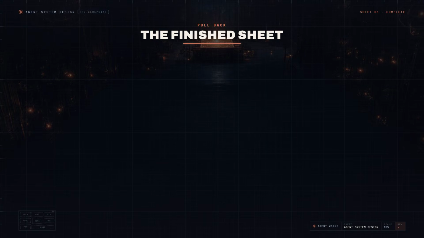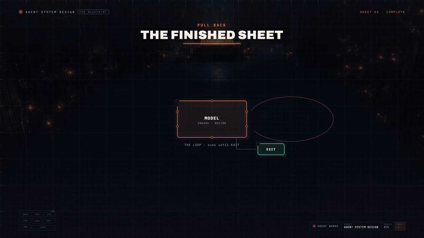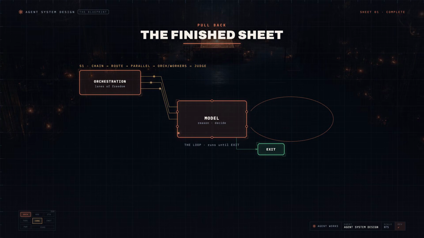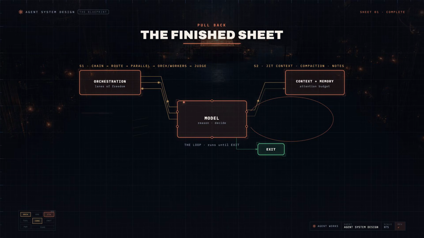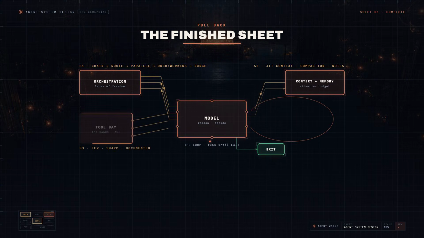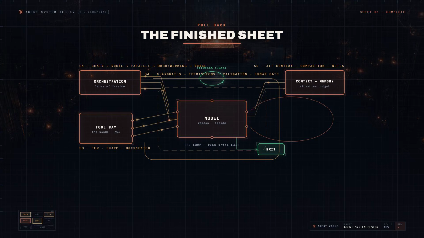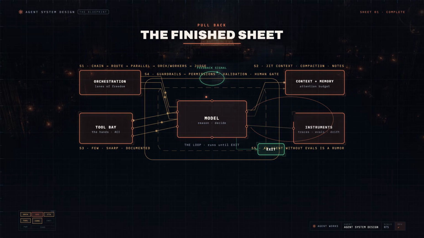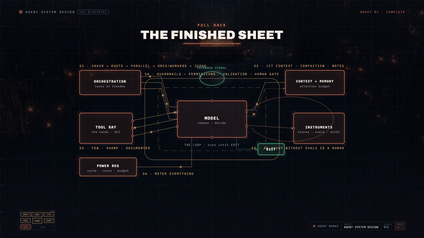And there it is. Pull the camera back and look at the whole sheet. Because when we started, this was an empty grid. One core, a model, tools, and a loop, with an exit. Orchestration, granting freedom one lane at a time. Context and memory, defending the attention budget. Tools, a small bay with sharp documented edges. Guardrails in rings with a hard line at the irreversible. Instruments, so improvement is engineering instead of vibes. Power, spending intelligence only where it changes the outcome. And the chassis, so a failure is a checkpoint,